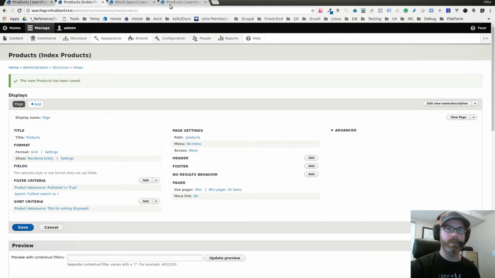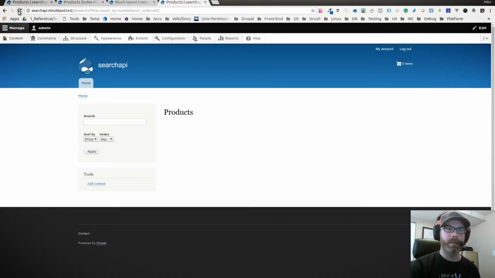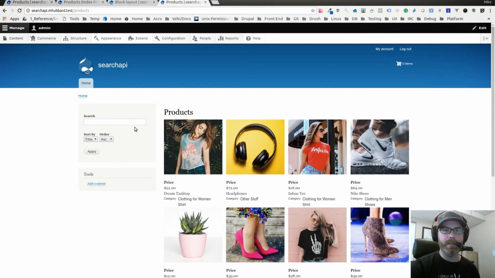And then go back to my products, and let's go back to my main product page here. And so now we can see here that we have sorting criteria. Just so you know, there is a bug that I've found and I've seen on many occasions where when you add sorting criteria after adding the search and you refresh the page, these options don't appear, and it's confusing as to why. I don't know why, and that's why I think it's a bug,